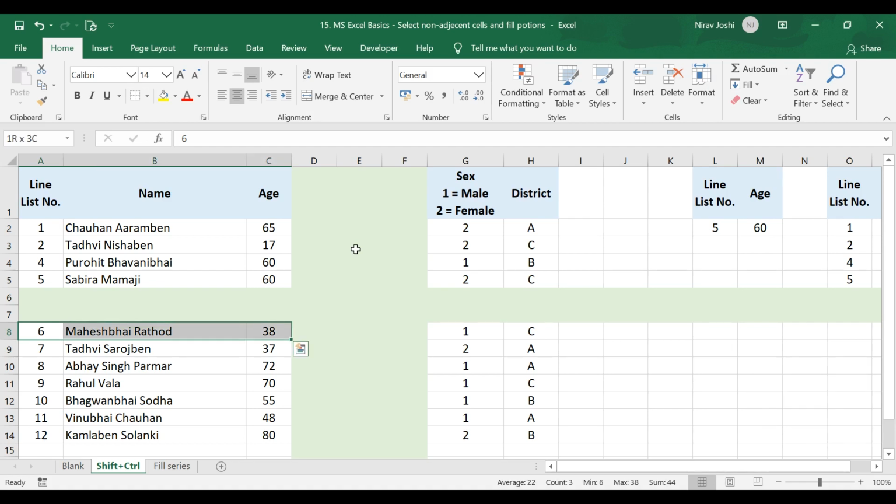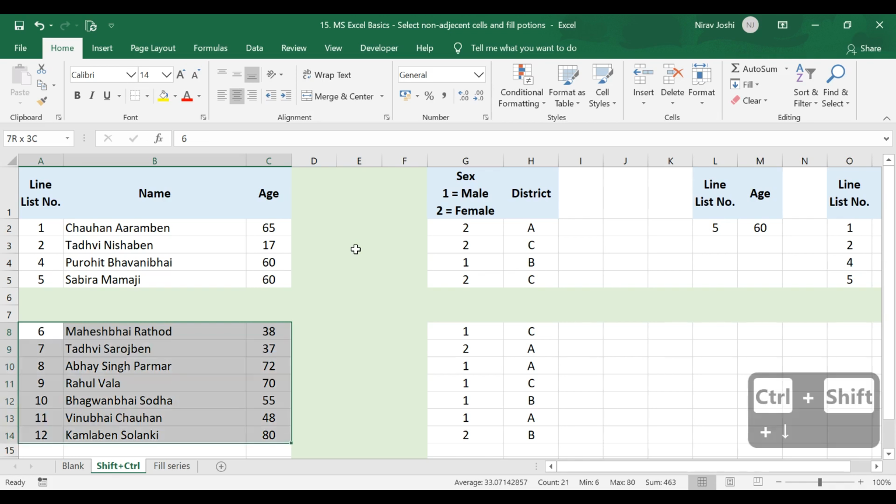It will directly jump to the last filled cell and will select all the cells which are in between those two cells. Now suppose I again press the lower or down key, it will select all the cells till the last filled cell downside. So it will select the whole range this way.